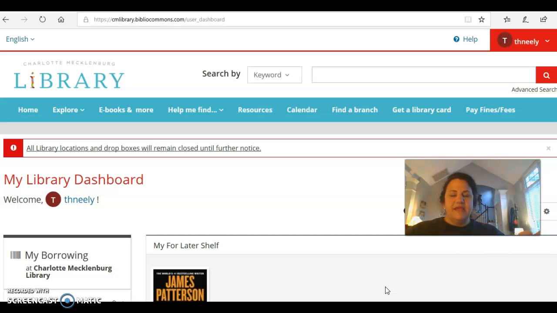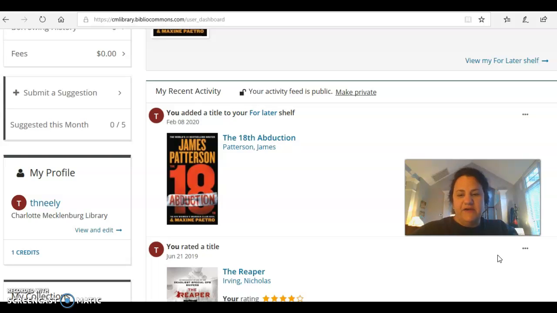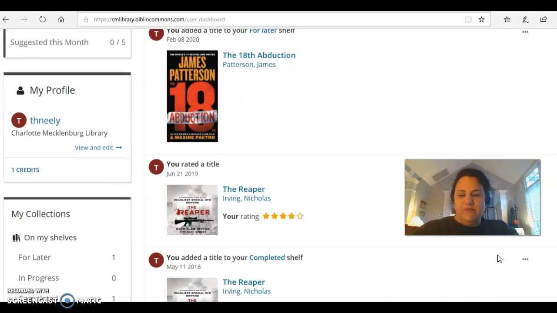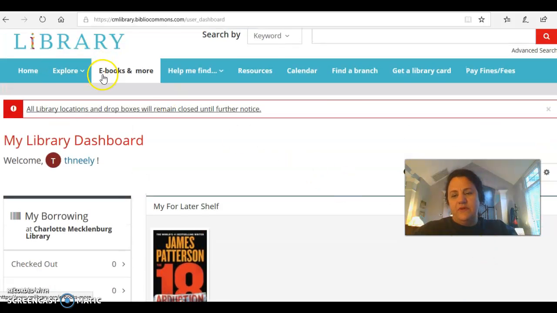So this main library page, this is how it started many years ago, and I actually never check out books from this page. A long time ago, when Dylan was a freshman, he wanted to get a book called The Reaper, and I couldn't find it in time for him to do his project, so we did download it from the library. But other than that, I said I wanted to read this Abduction 18 at some point and saved that when I was trying out different features one time. But most often I find that the different apps, you can look under ebooks and stuff,